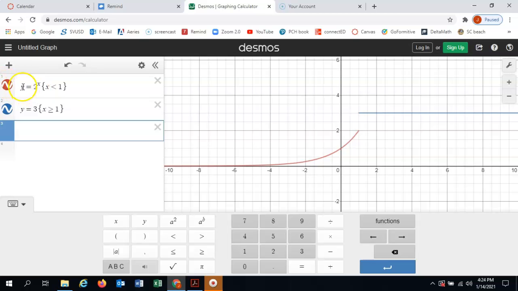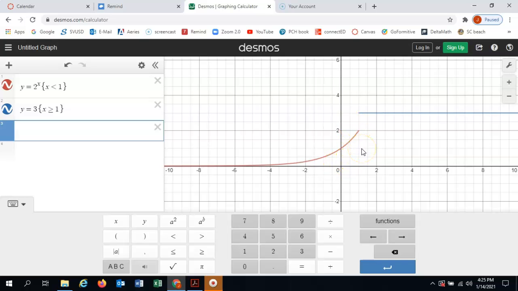You could put a y here, or you could put f of x, it doesn't matter. But then I put the domain right here in those little sideways braces. Those should be on your keyboard. You should see those. So I put the domain in, then I graphed the second graph, which was y equals 3, and then put the domain in for that so you can see the graph. So it's really cool that this will do these piecewise functions for us, because now I can see the range